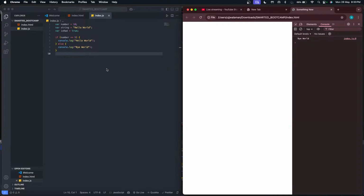Now, the cool thing about JavaScript is that you can run this on your browser itself. Okay, so we can run JavaScript directly here also. We can write var age is equal to 21, let's say. We hit enter. Then we can use another if statement there. So if